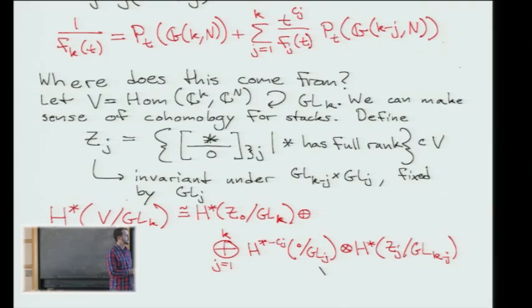So in this vector space, Z_0 would be the semi-stable locus, those matrices of full rank. And then you can look at also the matrices of rank 1, the matrices of rank 2, all the way up to full rank. What this formula about Poincare polynomials really comes from is some kind of other expression, one category level up,